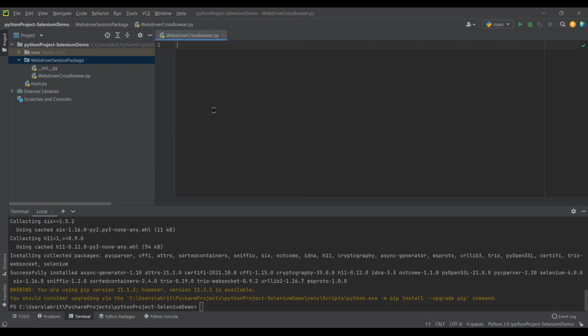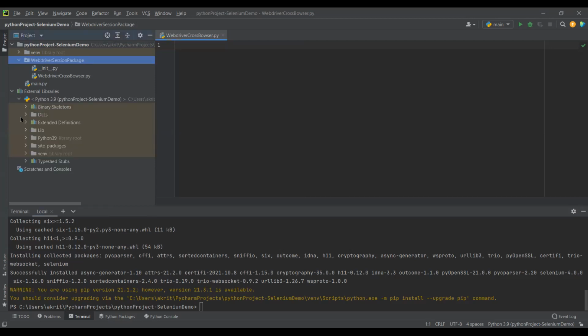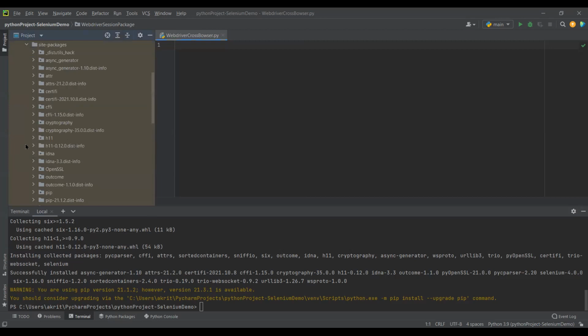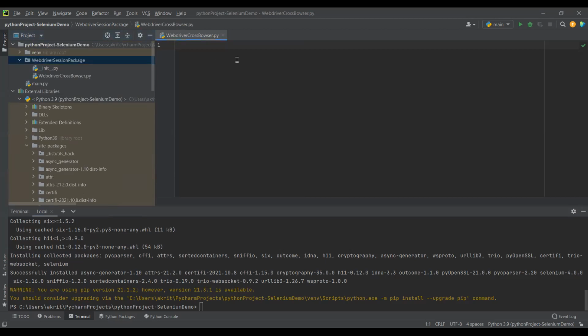The first step: since we know that we have installed Selenium, here in the external libraries you can see all the site packages, and to cross check, we will try to find our Selenium package here. So we have our Selenium package in the external library. Great. Now from here, we'll say from selenium.